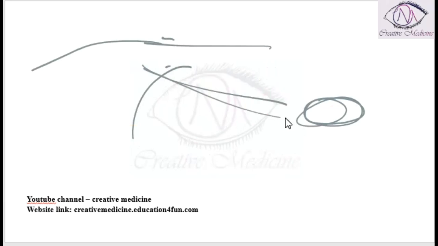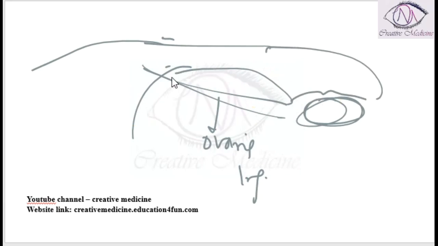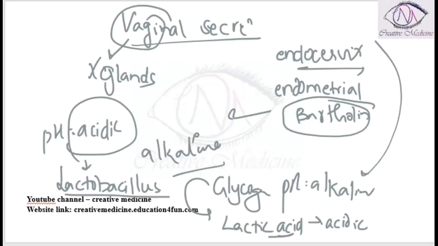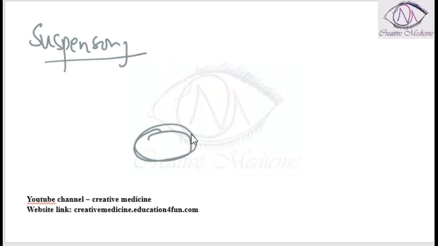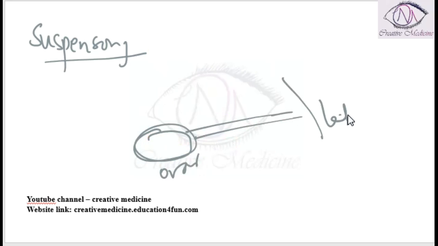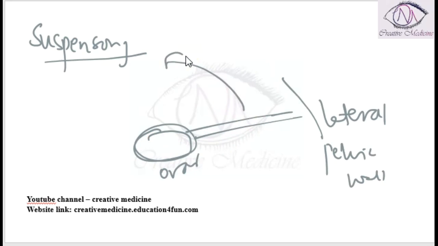We also have the infundibulopelvic ligament, or suspensory ligament of the ovary. The infundibulopelvic ligament, or suspensory ligament of the ovary, connects the ovary to the lateral pelvic walls. Ovarian vessels. The suspensory ligament of the ovary connects the ovary to the lateral pelvic walls, and this is the suspensory ligament or infundibulopelvic ligament